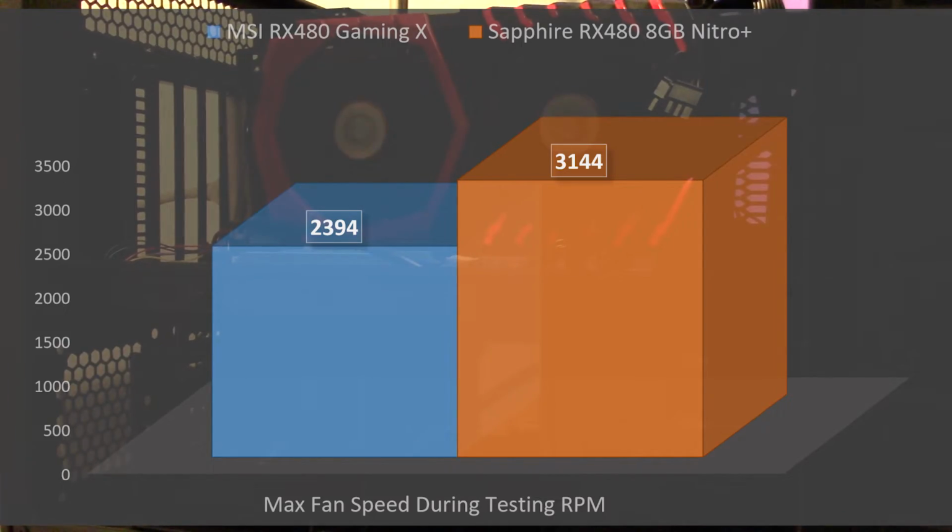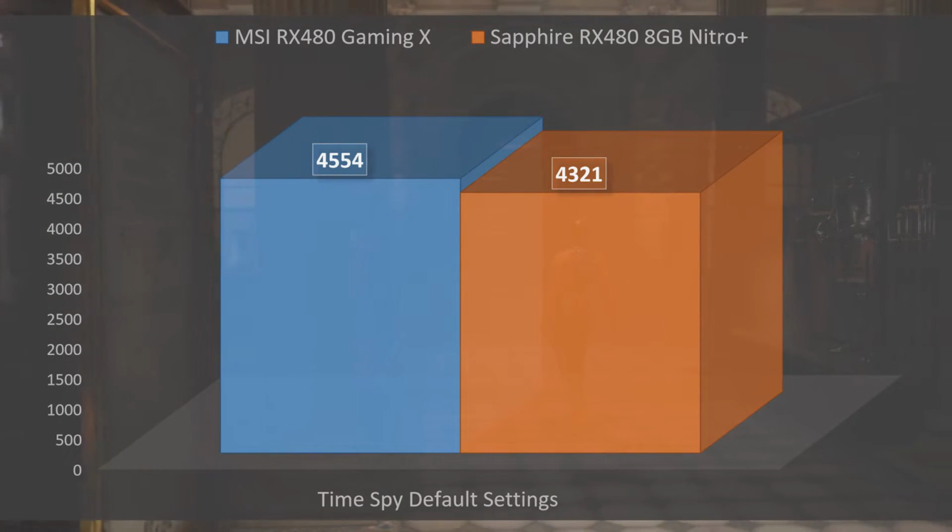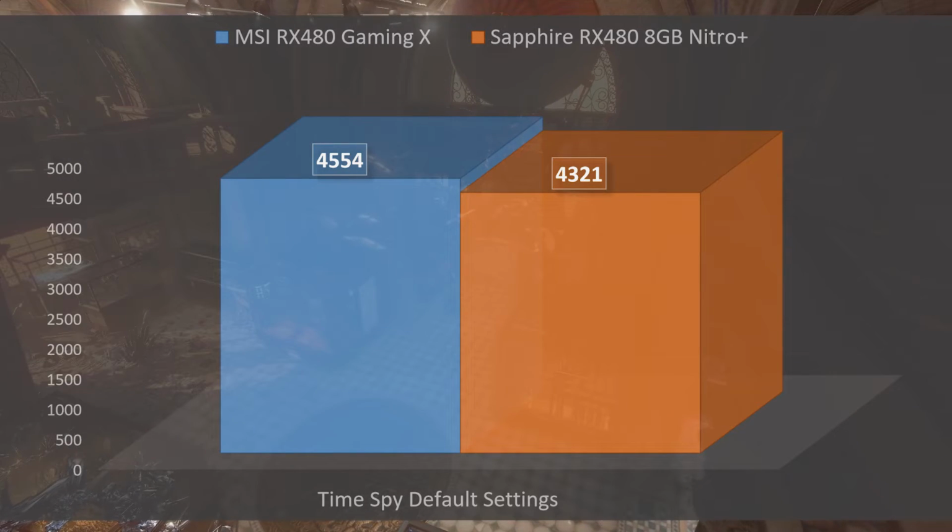Pretty interesting stuff. So that's all well and good. You guys know the overclocks that we had there, and we need to get into the benchmarks. What did we score here? Well, we're going to start off with the synthetic benchmarks like I always do, and in TimeSpy on default settings,